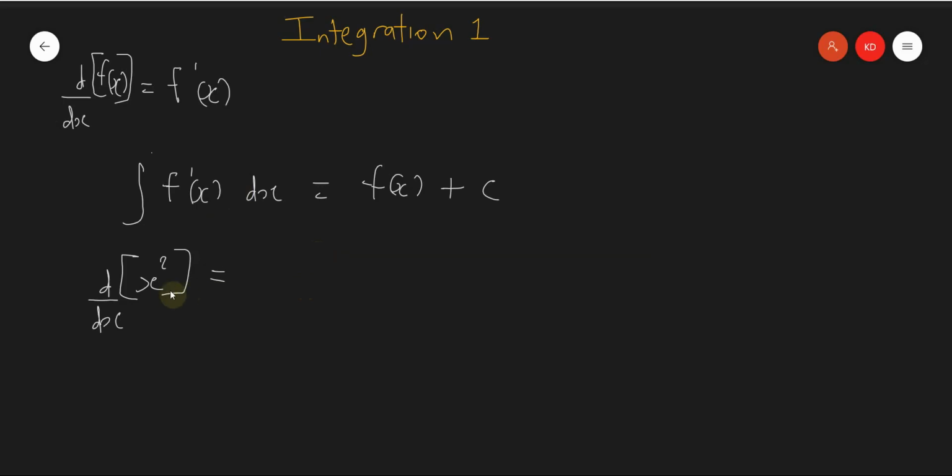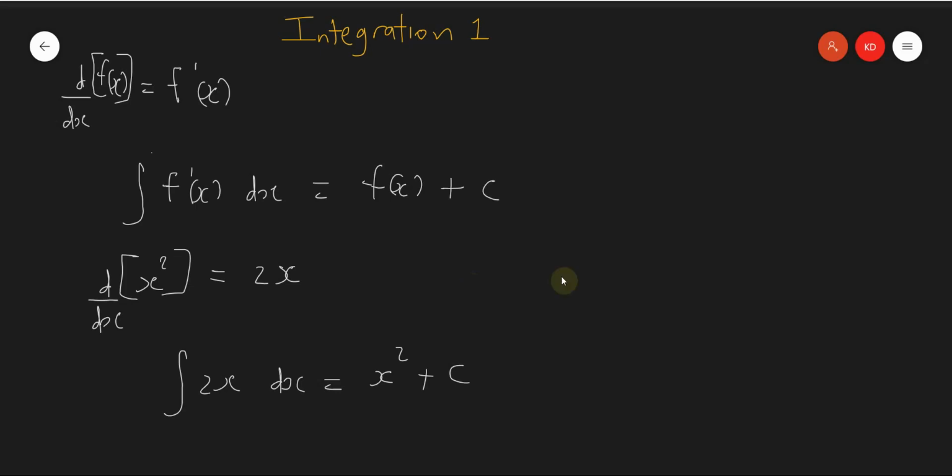Okay, so if we differentiate x squared, as we know from what we call the power rule, you multiply by the power and you reduce the power by 1, so that's just 2x, right? Now we're saying if we integrate 2x with respect to x, then we're supposed to get x squared. Now, as I said before, when we integrate, we add a constant, right? Reason being,